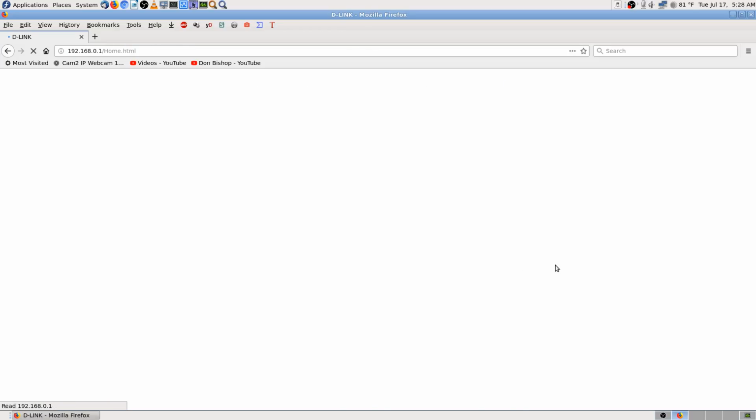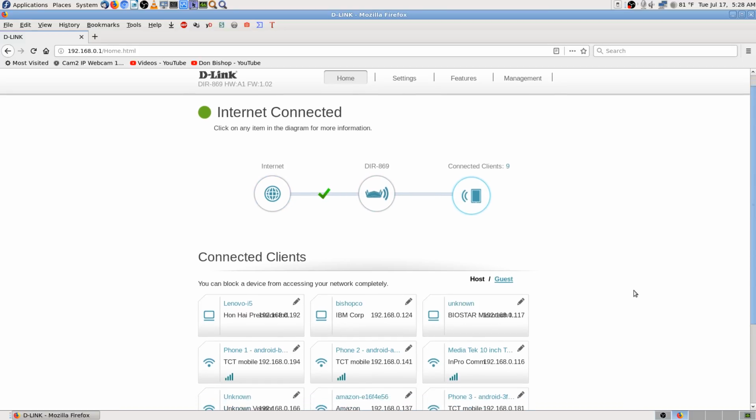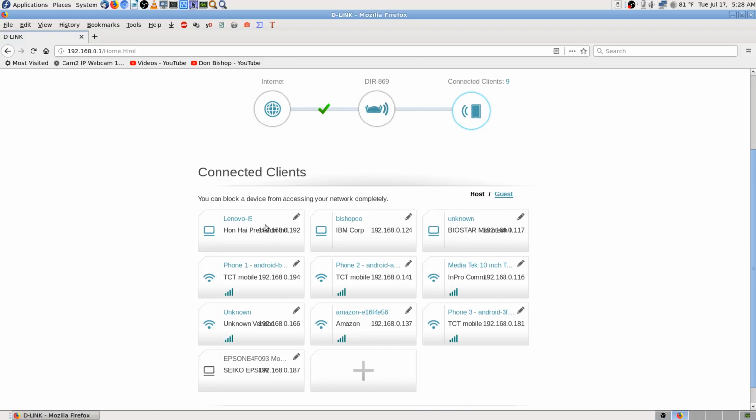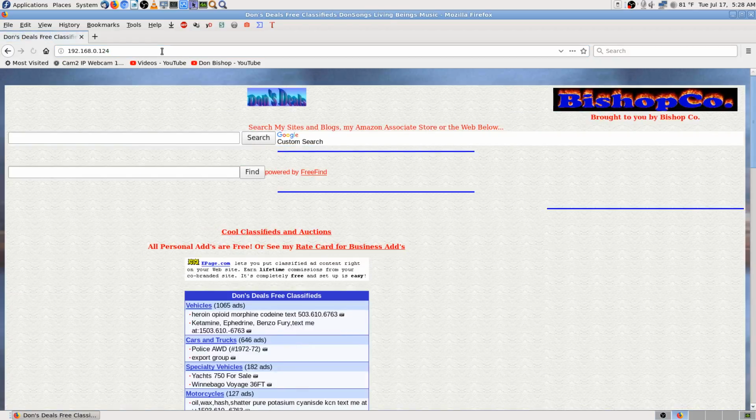Have to be really careful when you go on the router and stuff of what it is you're going to be showing. Okay, connected clients. That'd be okay. Yeah, I had it right. 192.168.0.124. Let's see if I can go there. Make sure I can go there. Yep, see, that's my website. I'll just copy that so I'll have it in my